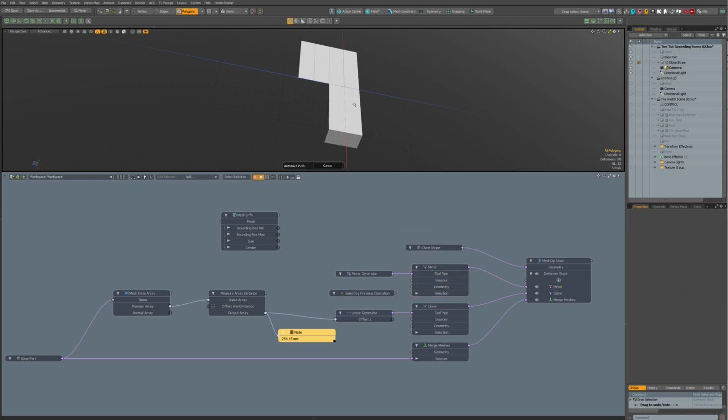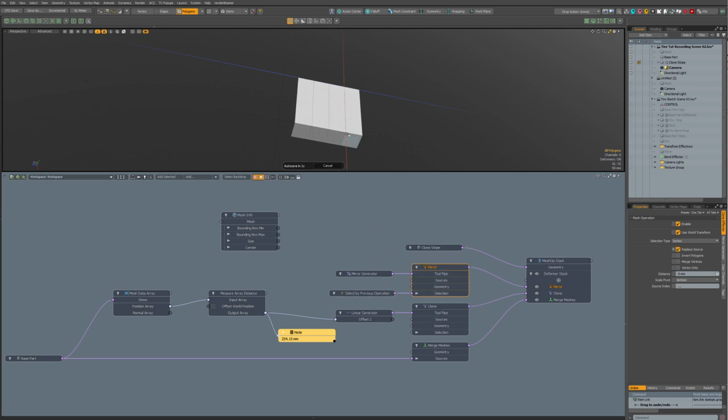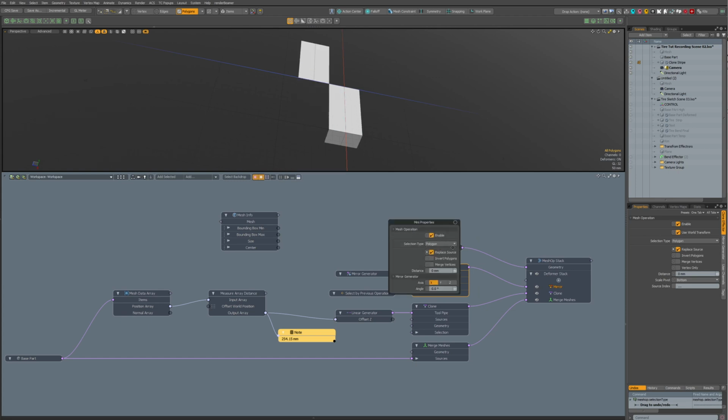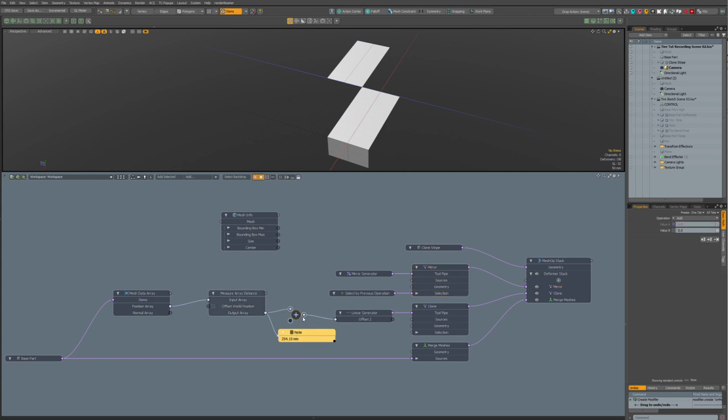But if you remove this selection and make it vertex, then, yes, it works. When you don't have selection, it works whatever this selection type is, but if you have selection, you have to set it polygon. So now we have it cloned, but it doesn't work yet because we have to divide this by 2. Okay, now it's divided by 2, so we have now that nice overlap there.